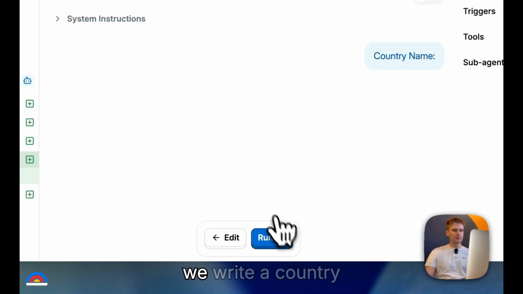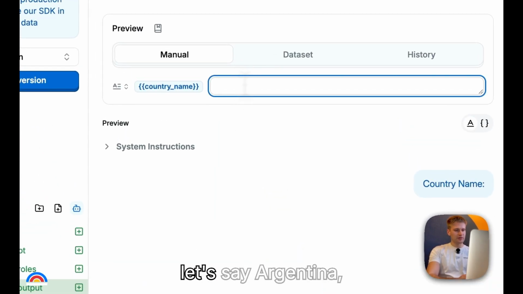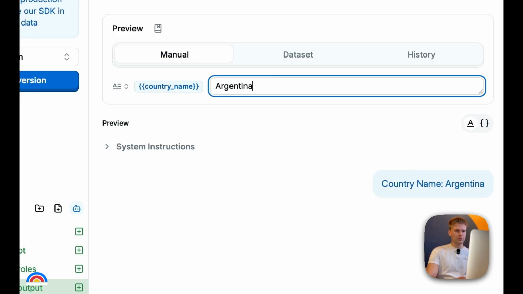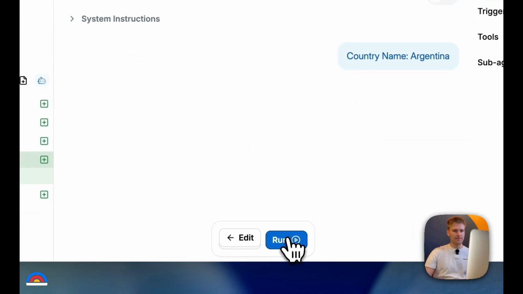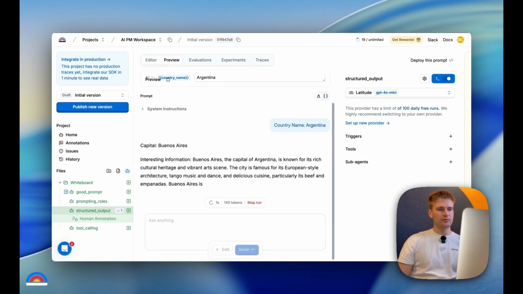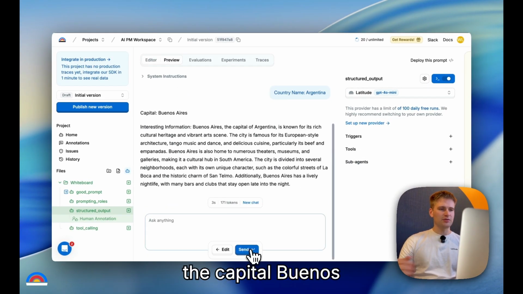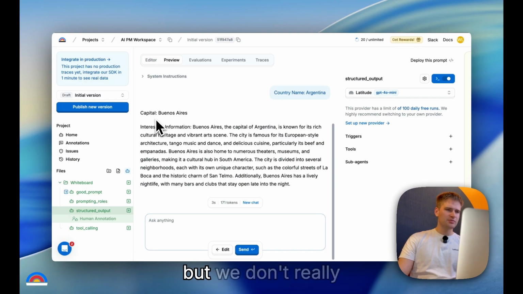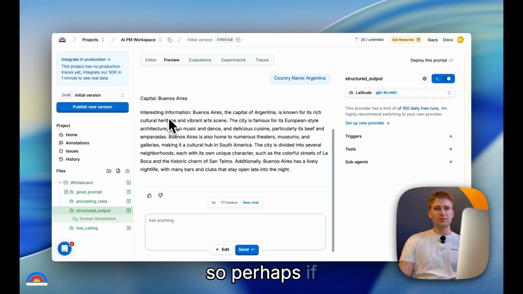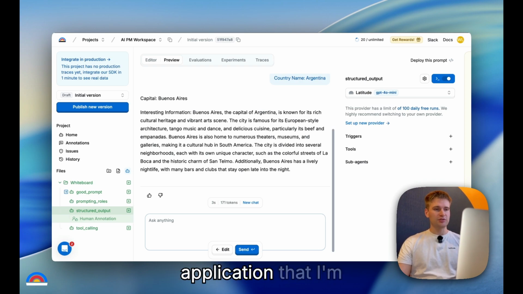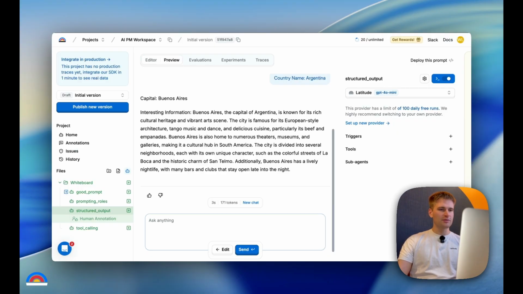So we go to preview. We write a country name in, let's say Argentina, and we hit run. We can see it's giving us the capital Buenos Aires, and we have some interesting information. So this is actually quite nice, but we don't really have it in JSON output, so perhaps if I wanted to send this to a data set or have this communicate with my application that I'm creating for maybe quiz questions, this would probably not be perfect for us. We would need to create a JSON output. And so how are we going to do that? We're going to go back to the editor,